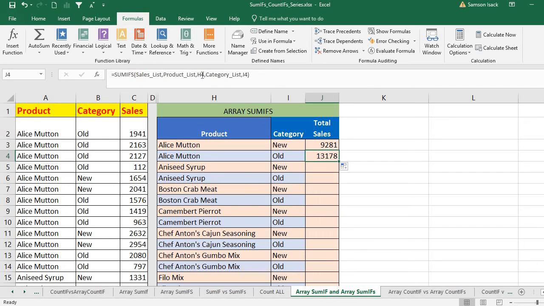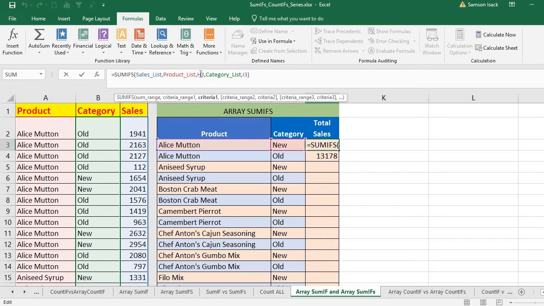Can I generalize this with the array? Yes, it is possible. Instead of sending a single value here, I can send the full set of criteria list for product, and also the full set of category list for the product. For the first time, I want the first element to be taken from the full set of product criteria list and the full set of category criteria list. In these two lists, the first elements must be taken and compared,